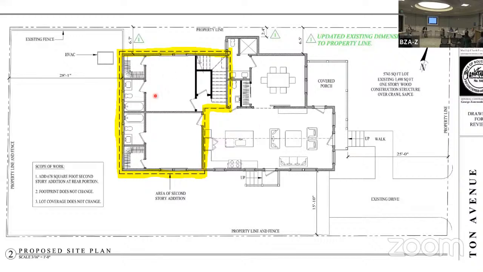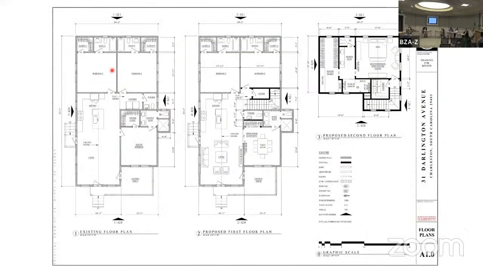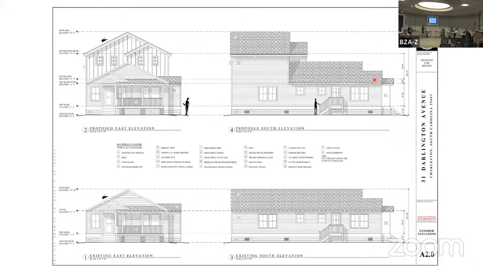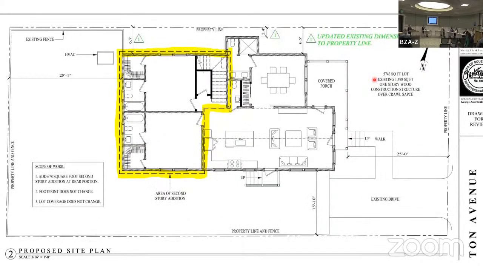Of course, they'd be making modifications on the interior to accommodate the stairs to access that revised bedroom layout. So right now you've got 2 bedrooms on the back, existing floor plan here, 2 bedrooms on the back. Kitchen here. Proposal would change the master bedroom to a dining room and then living space, bedrooms on the back, and add the 3rd bedroom up above. Master bedroom, closet, and bathroom. Elevations would look this way. And so I go back to this plan. I guess that would show it, but